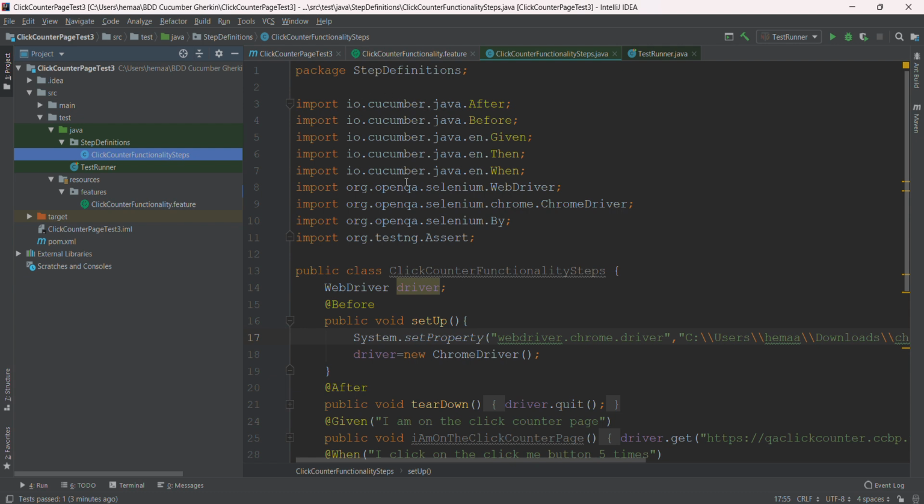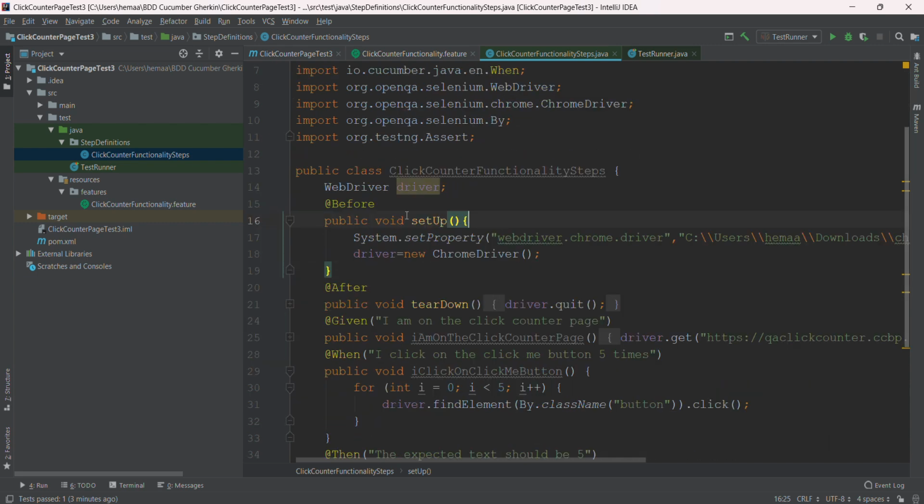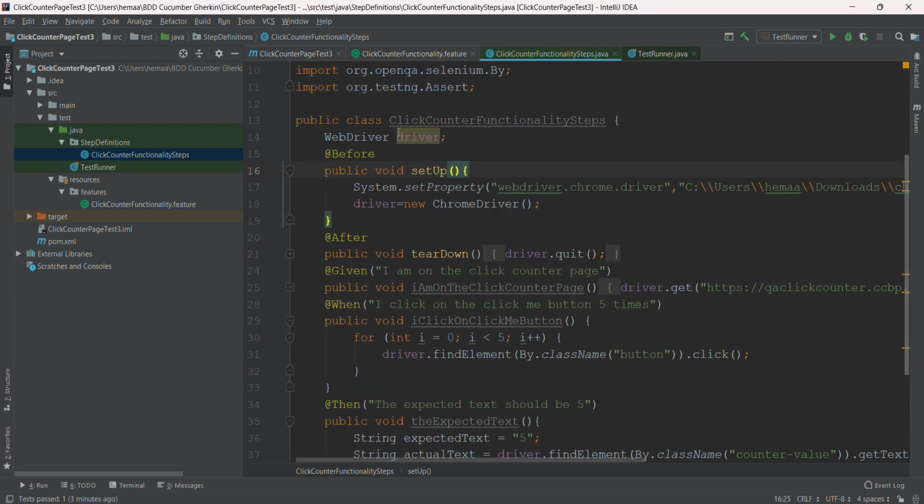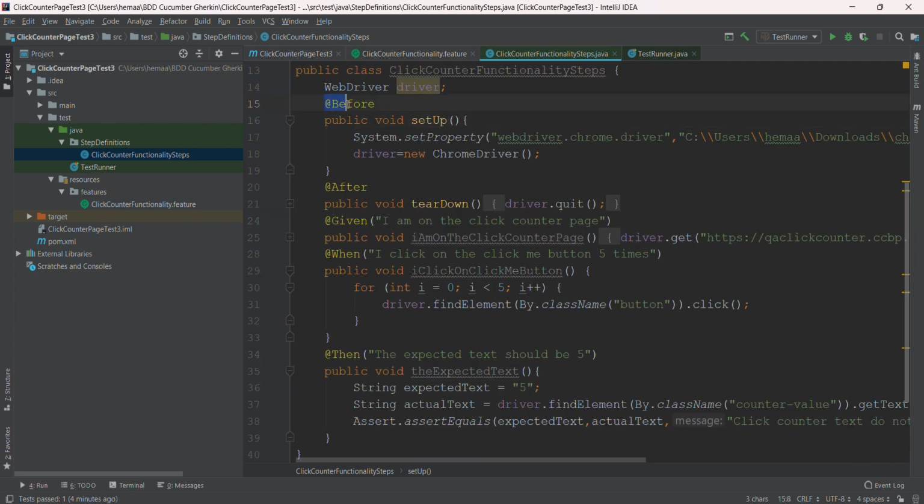So I have imported different Cucumber Java annotations, and these are the keywords used to define a particular statement in the feature file. So I've used different annotations for this particular page, and the class name is click counter functionality steps. I have created an instance of WebDriver, and here the @Before annotation is used, same as in TestNG where we have used the @BeforeMethod annotation. Here the @Before method in